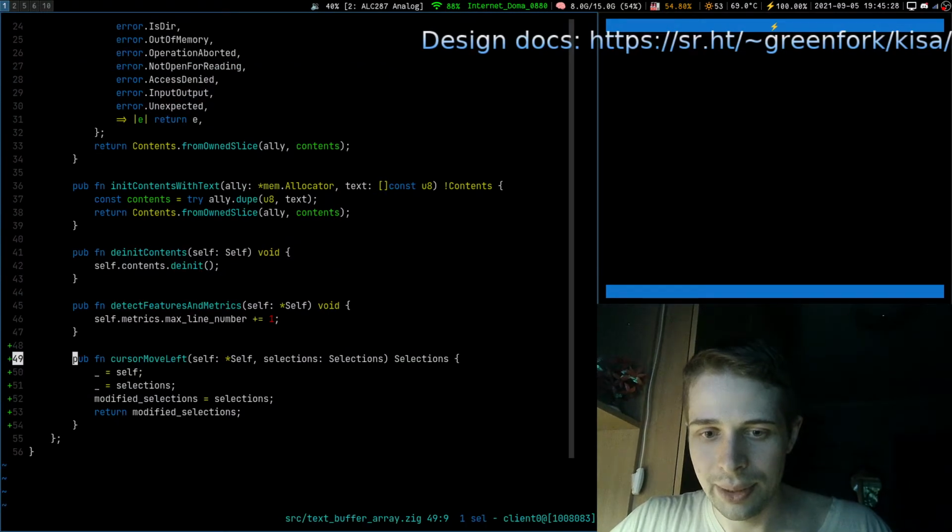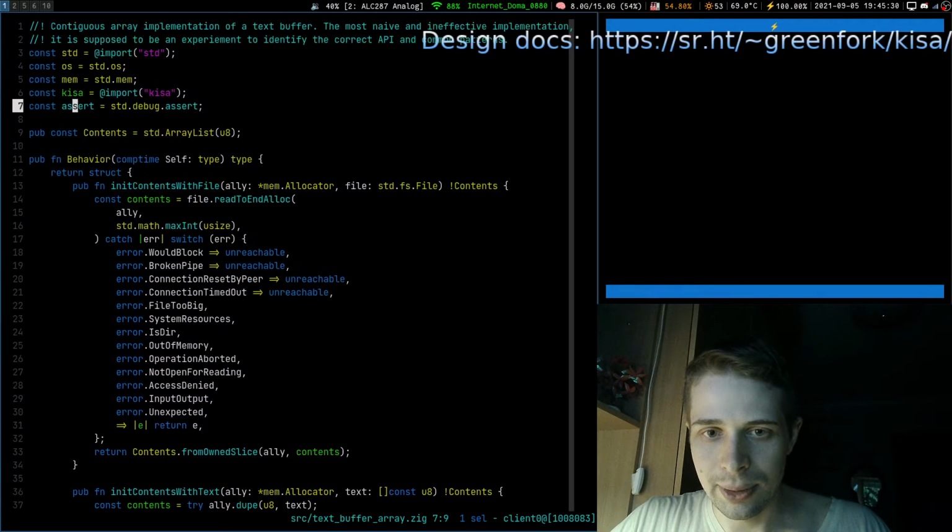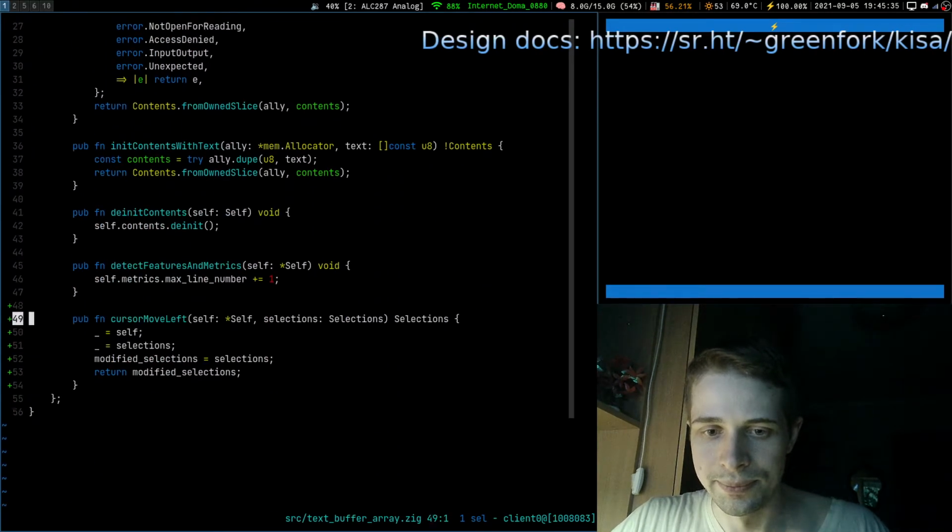Go to our array buffer, and we probably want to add a test here to check that it works.